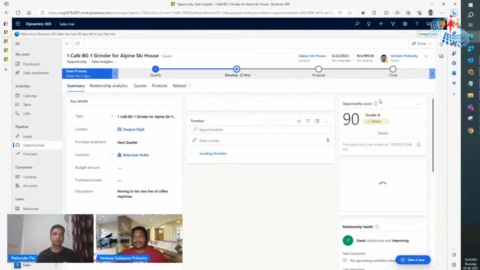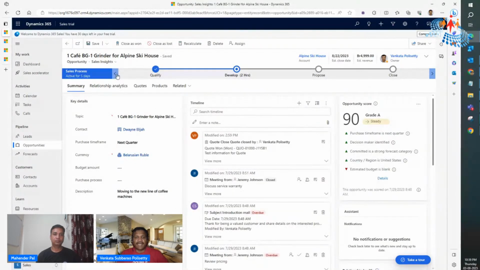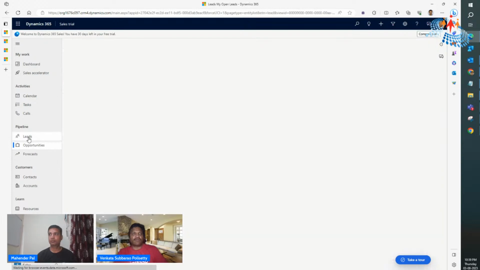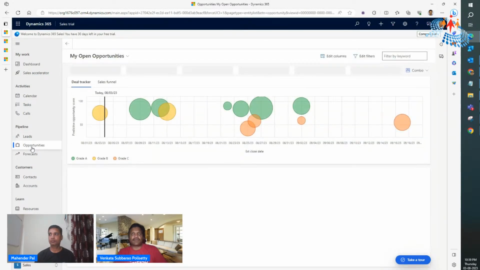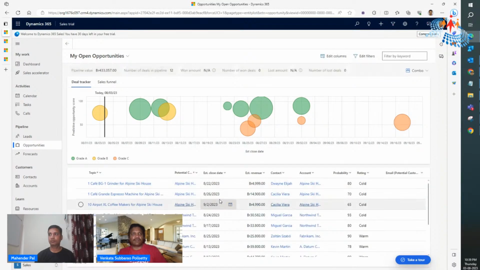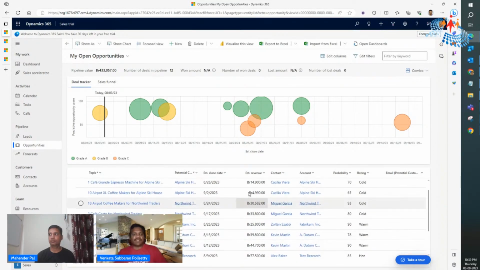So like this, you can backtrack from the invoice to the quote, and also the opportunity, and also to the lead. So here I got to this particular contact, and obviously I can go to this particular lead as well, and this particular opportunity that is also present. So in this way one can easily